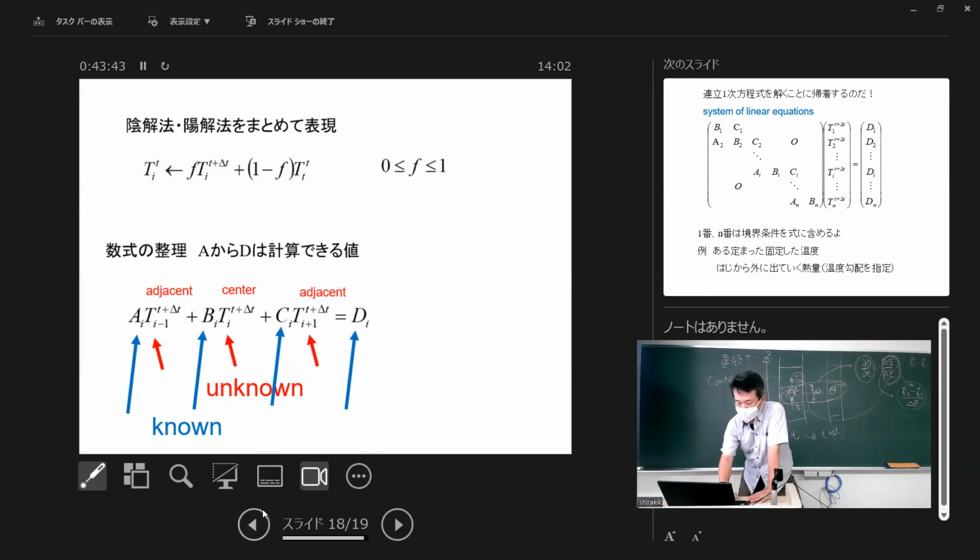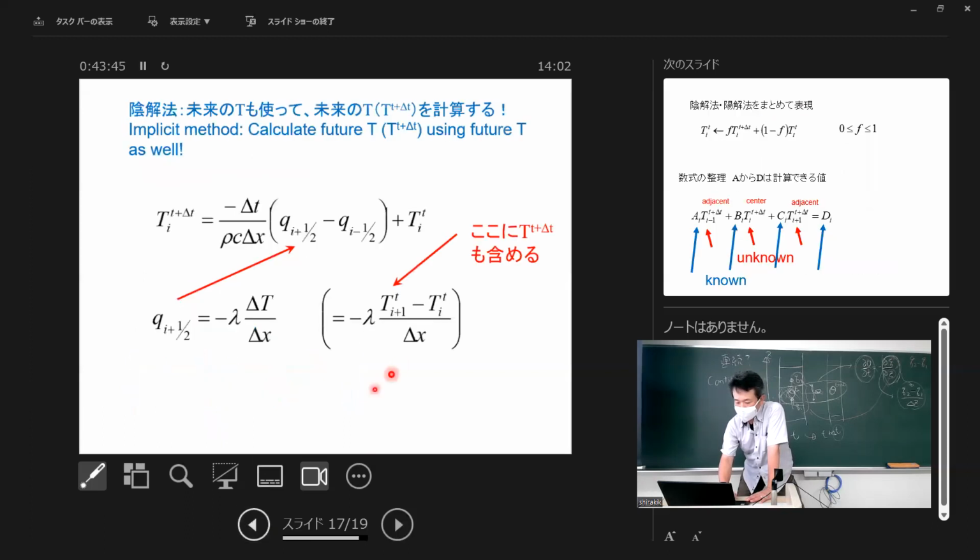So full implicit method means every part is t plus delta t, t plus delta t, t plus delta t. But it is a little bit curious that we have to use the future data to calculate the future. So it's a little bit confusing, but